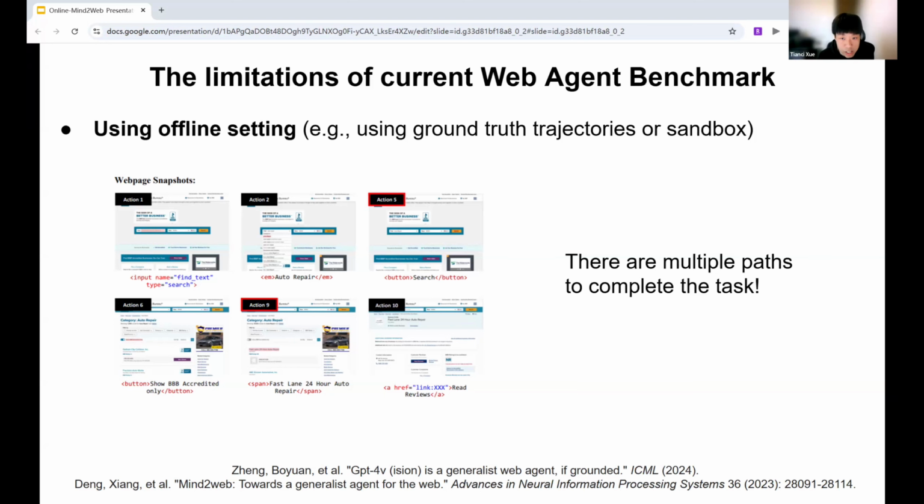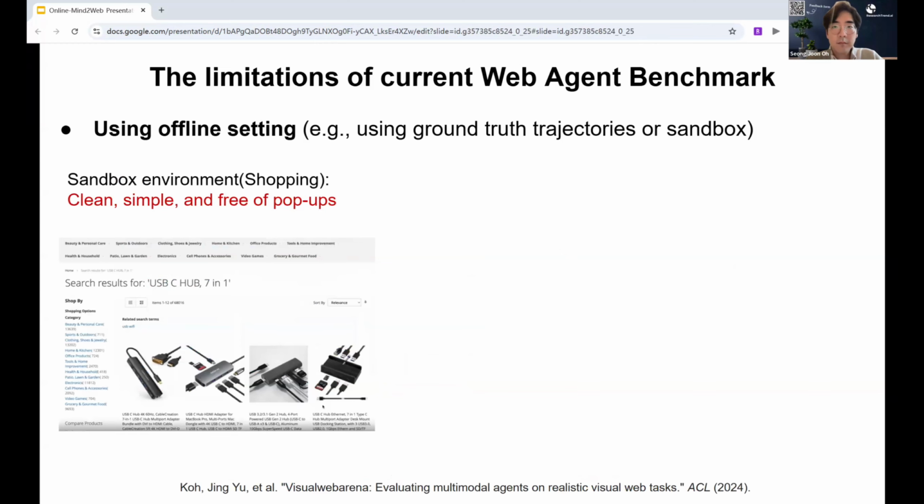Moreover, such a static environment fails to capture the challenge of real-world dynamic websites, such as all kinds of pop-ups. For example, Visual WebArena uses a sandbox environment to mimic real-world websites. However, the simulated website is clean, simple, and free of any pop-ups, which makes it much easier for agents to